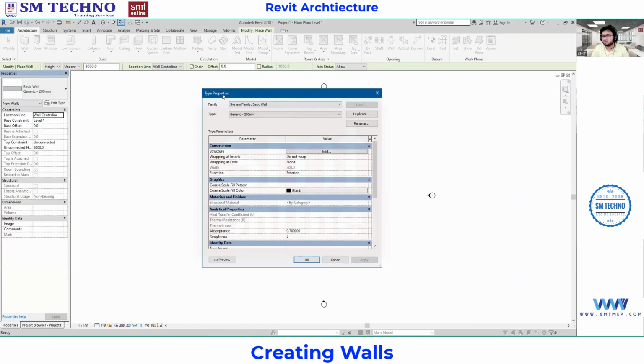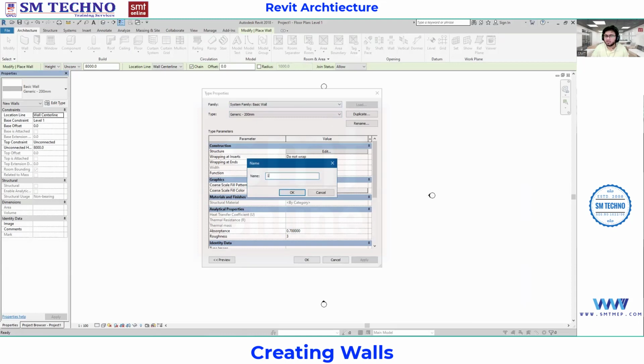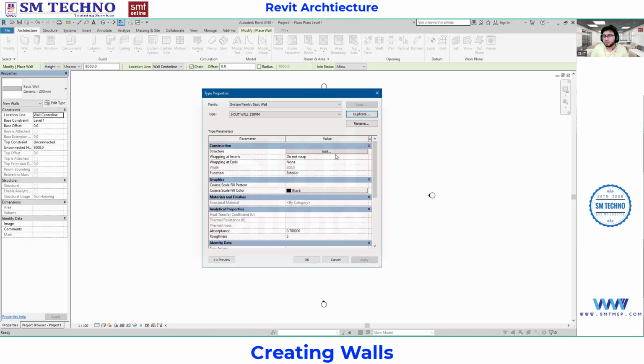In the last class we have seen what is type and what is instance property. So here by default, it will give you the basic wall, what we have selected, the generic 200. I don't recommend touching this wall, which is given by Revit. Always try to duplicate. So I'm providing a name as 1 dash outer wall or exterior wall, whatever it is, like something like 230 mm. As per your understanding, you can write a name. So click here, okay. Once you specify, you will get the new wall of 1 outer wall